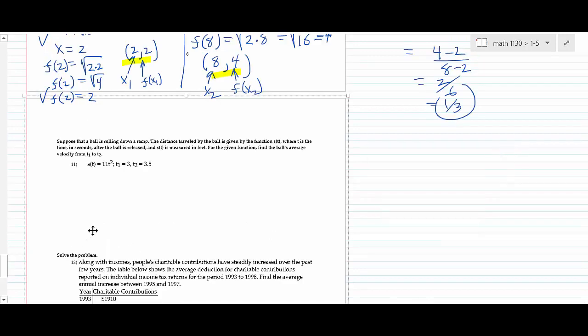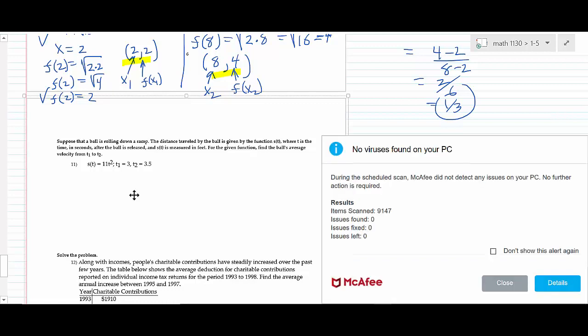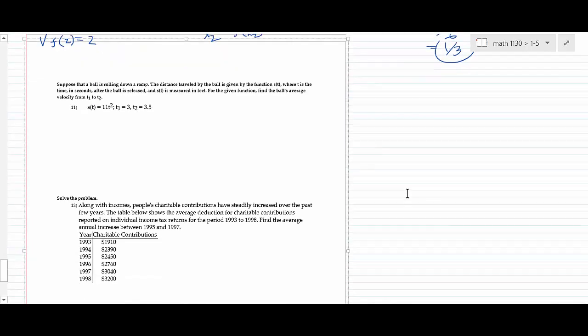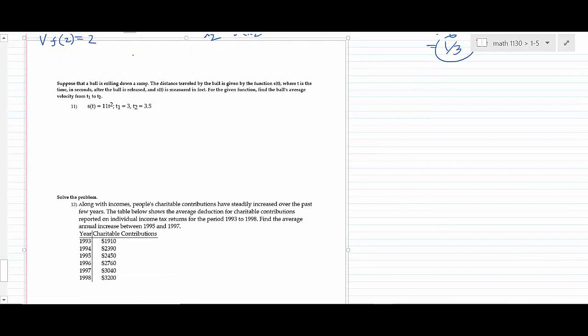Finish up on 1.5. In 1.5, we were working on average rate of change, so I want to do a little bit with that. And then when we do 1.6 tonight, that's dealing with transformations of functions. There's a lot of graphing that we're going to be looking at tonight. All right, so the big thing with average rate of change is if you have a problem where you're